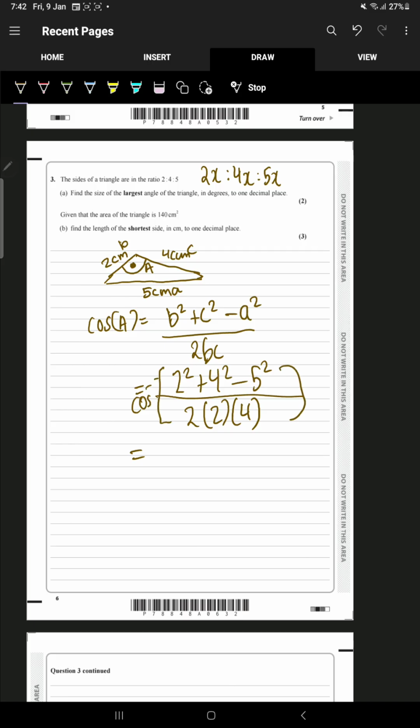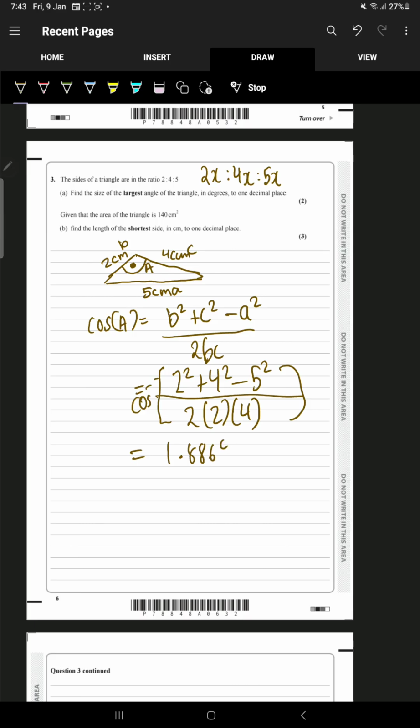If you substitute this into your calculator, 2 squared plus 4 squared minus 5 squared over 2 times 4, it is going to give us